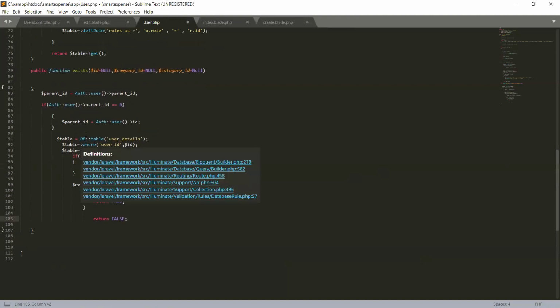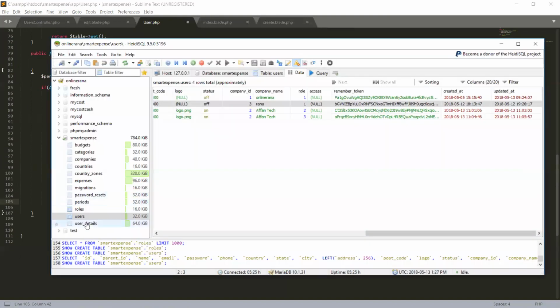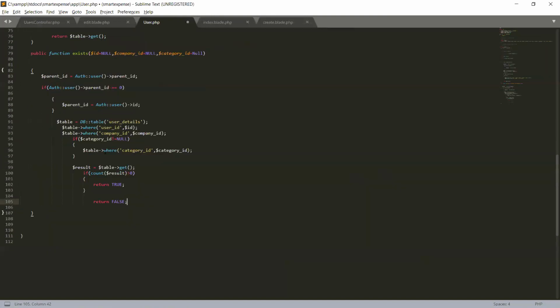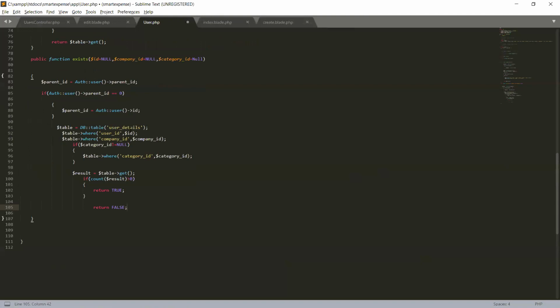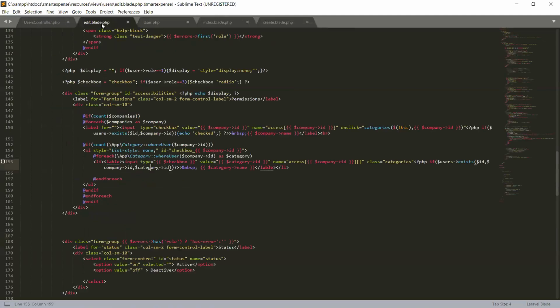So now we will select our table. So DB table select user details and keep it in a table. So table where user ID in the user detail table, where this user ID will be the ID that we will pass right here through our parameter which is ID.